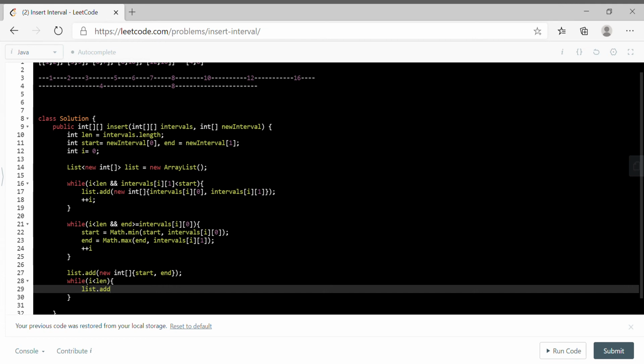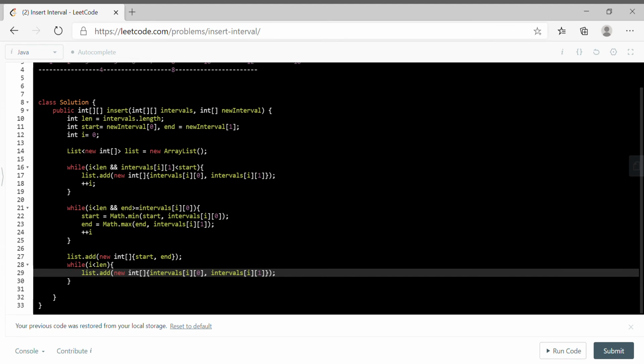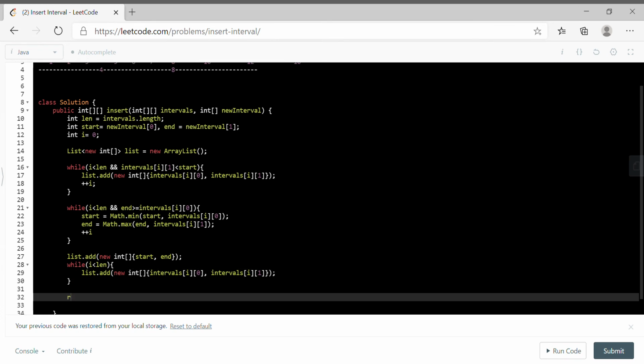List.add new int array, intervals of I 0 comma intervals of I 1, right? And we need to return a 2D int array, right?